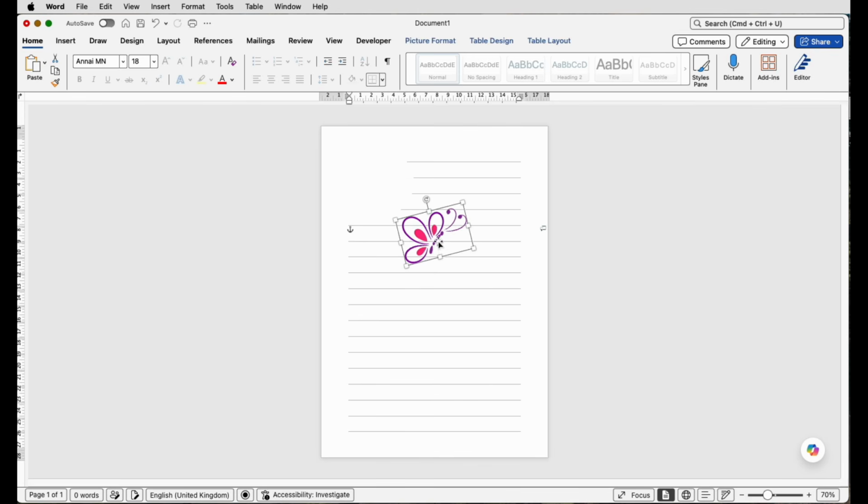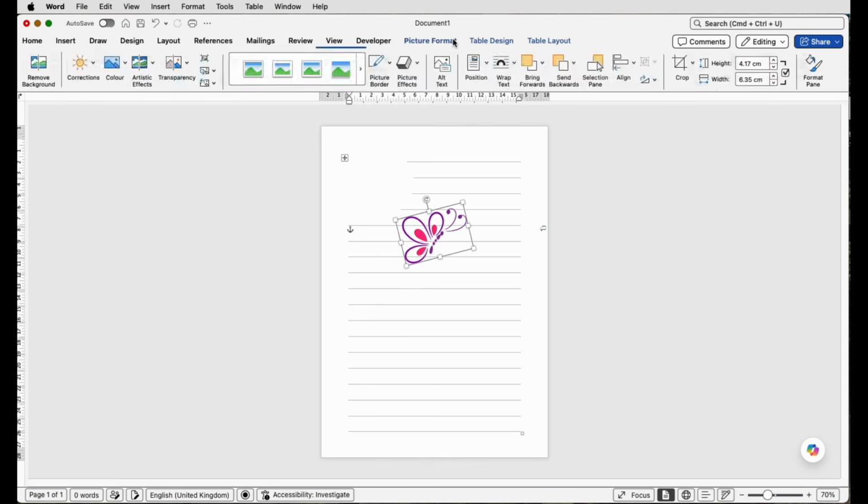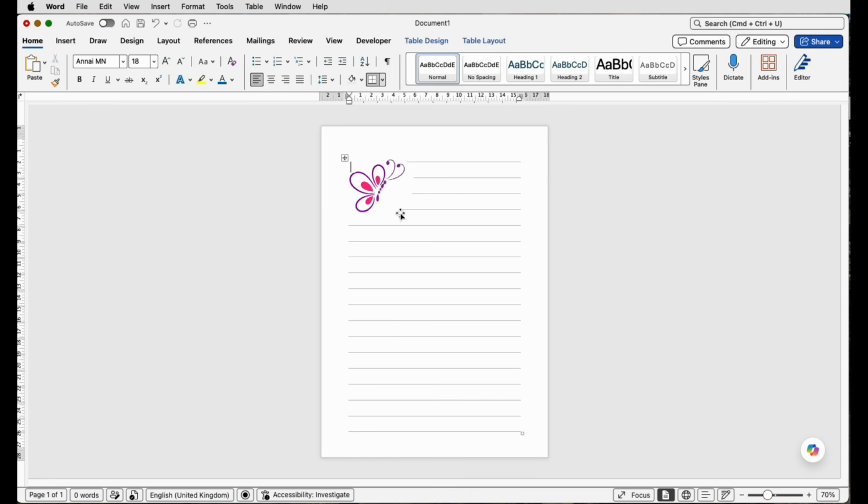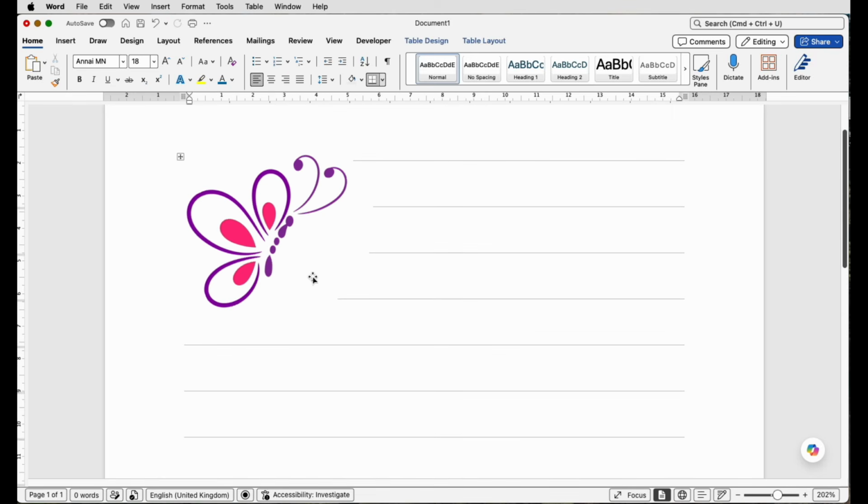So make sure your butterfly is selected, go to Picture Format, go over to Bring Forward, click on the drop down and select Bring to Front. And then you can move the butterfly into this area. Now you might feel as though the area doesn't quite fit the butterfly. You might want to pull this line over or push this line out a bit. So I'm just going to show you an interesting technique to solve that